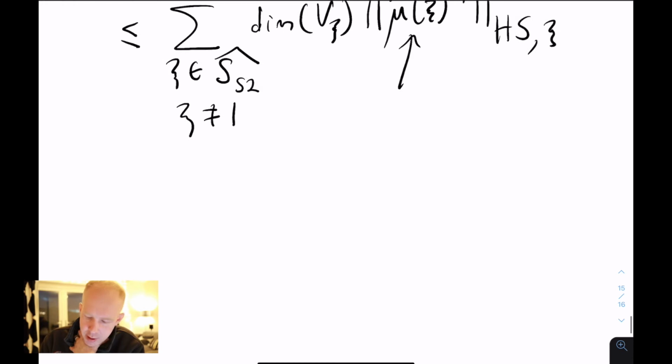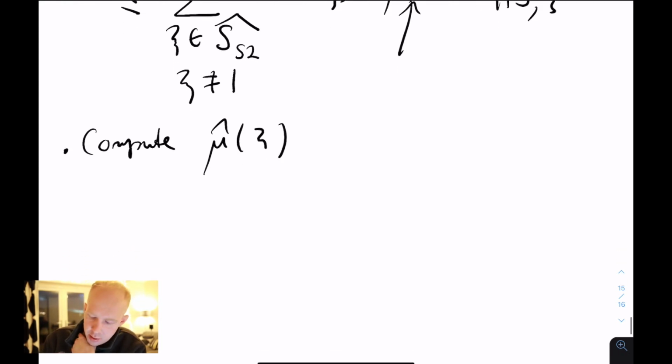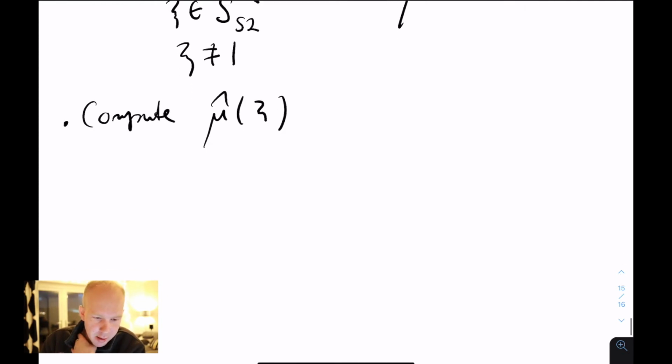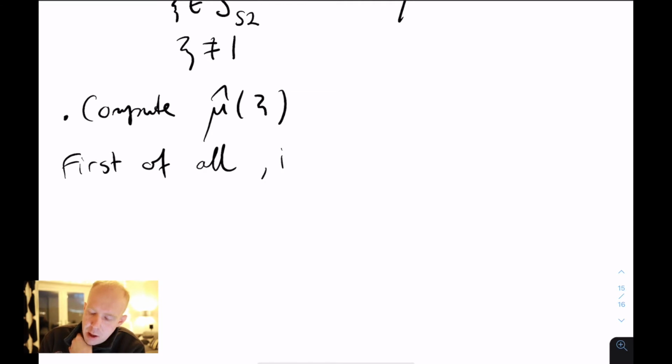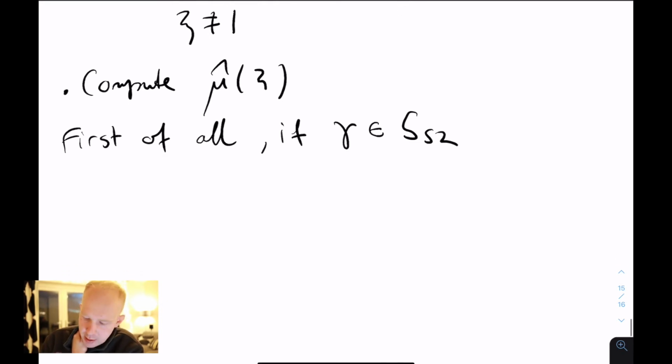So what we can do is, let's first of all compute this Fourier transform. Let's try to find out what kind of matrix it becomes. First of all, what we can realize in the very beginning is that if we have some permutation, let's say gamma in S52, so any shuffle basically,